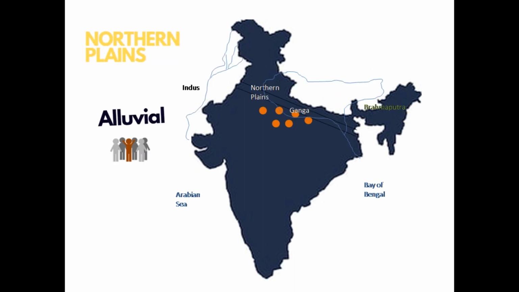To the south of the Himalayas come the northern plains. It is flatland and has high deposits of alluvial soil. They are very fine particles. The plains are formed by the deposits of the rivers Indus, Ganga and Brahmaputra and their tributaries. Tributaries are nothing but water bodies that contribute their water to a larger river. And the northern plains are one of the highly populated regions.